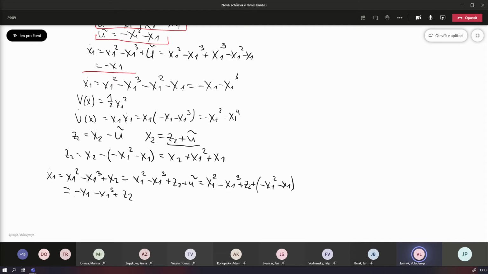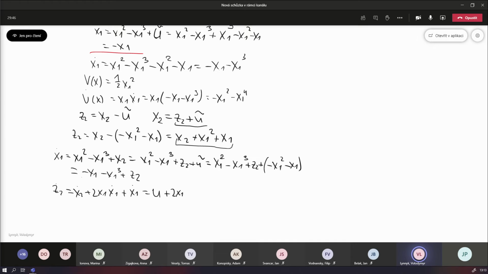And z2 dot is equal to, and we know that z2 is equal to this: x2 dot plus 2x1 dot plus x1 dot. This will equal, okay, x2 dot equal to u plus 2x1, and this x1 dot,